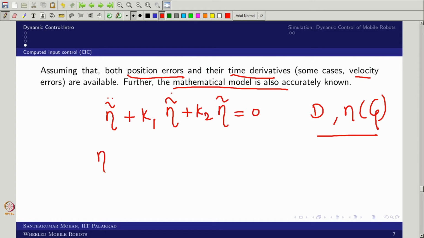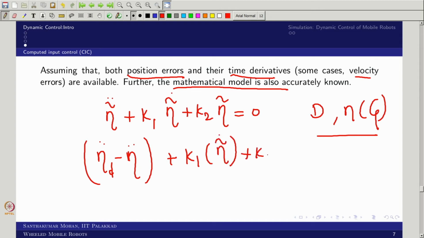So, now I am rewriting this. What I can write is the error of the position, acceleration, and the velocity. I am keeping this as it is. I am just putting a bracket for your understanding. This is also eta desired dot minus eta dot, and this is eta desired minus eta, but I am not doing it. Why am I rewriting this way? You can look at this.